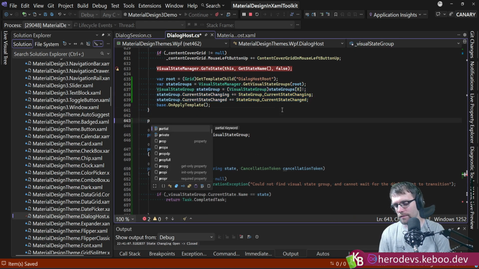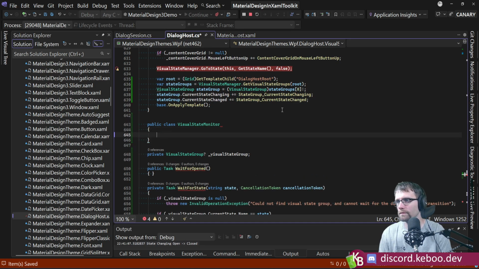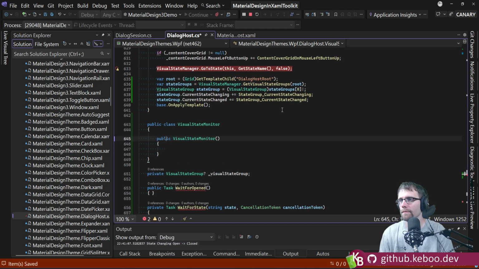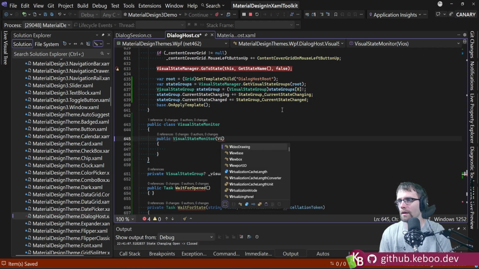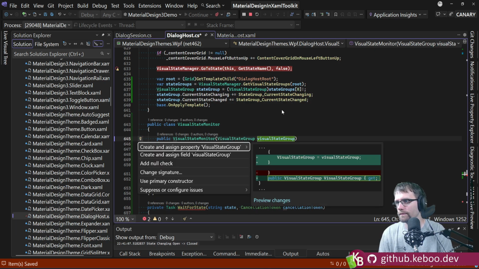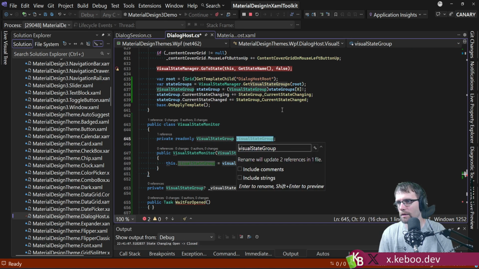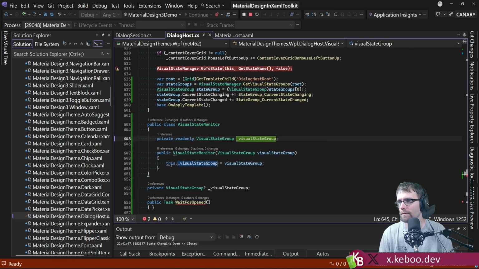Let's try that. Okay, so you need to take in a visual state group. Yeah, do the needful. Create an assigned field. It's the wrong naming. That's fine. I'll fix you. Great. And then